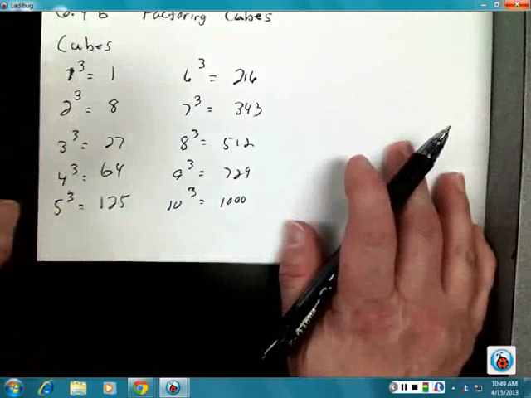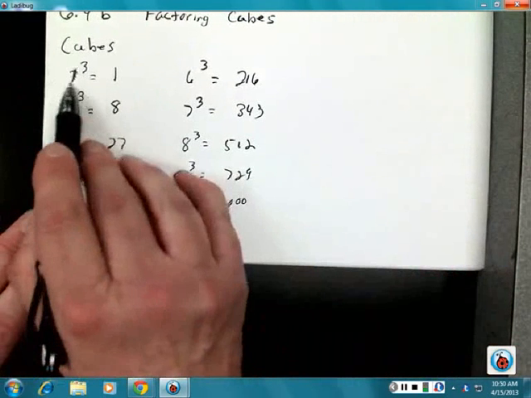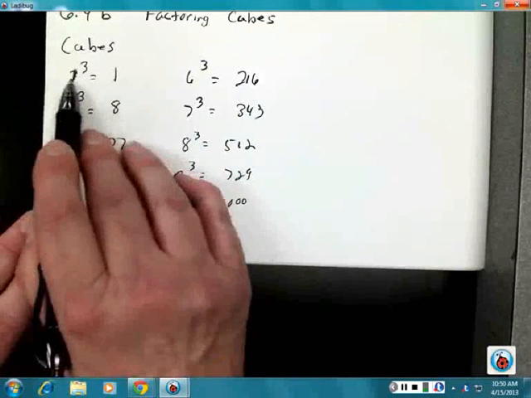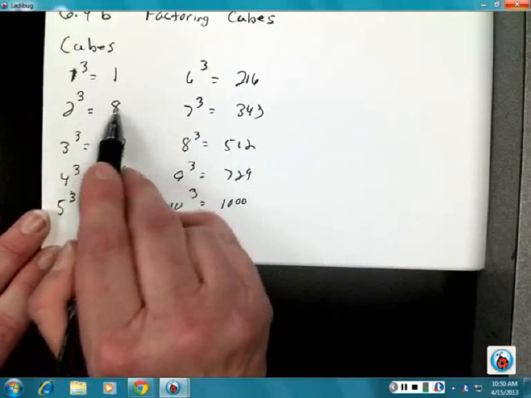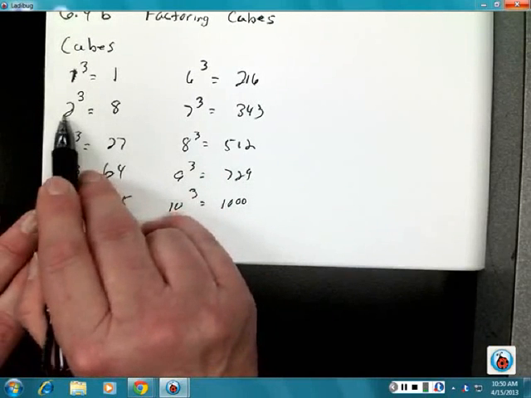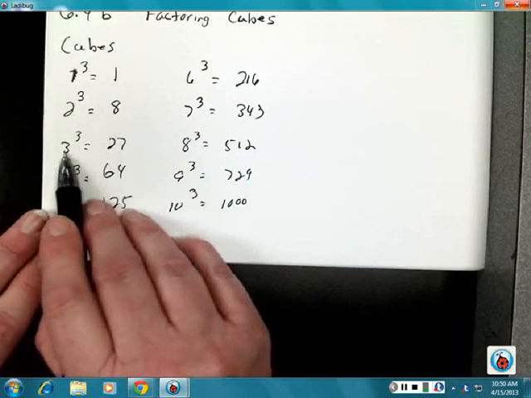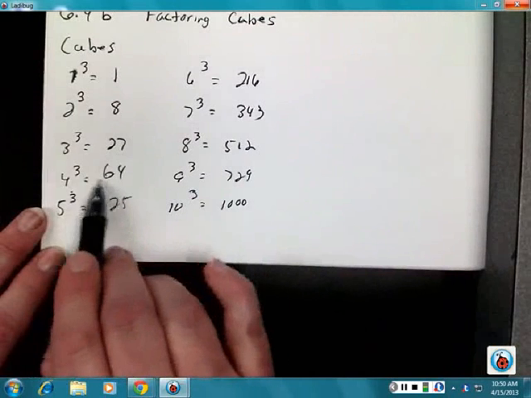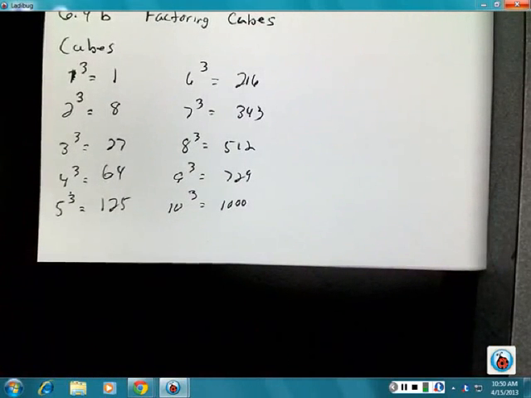In this section, we need to break our bases back to what the base happens to be. We know if this is a cube, it breaks back to 1 to the 3rd power. If we have the number 8, it breaks back to 2 to the 3rd power. If you have 27, it goes back to 3 to the 3rd power. If you have 64, it goes back to 4 to the 3rd power. And so we've got to be able to reverse these